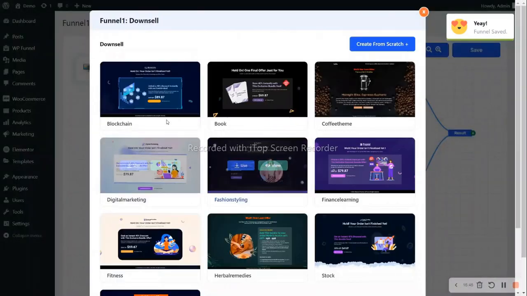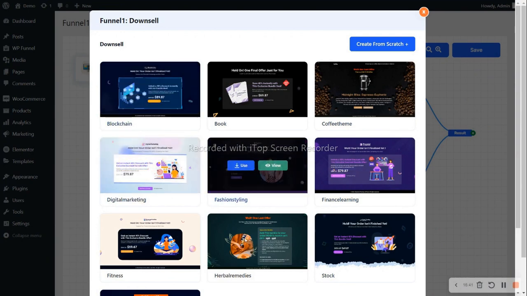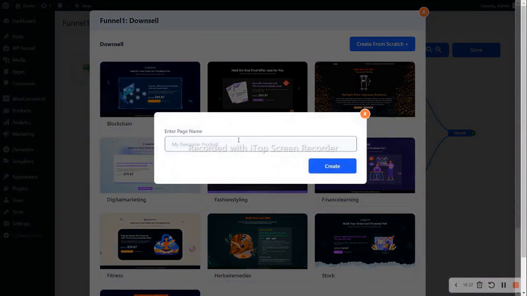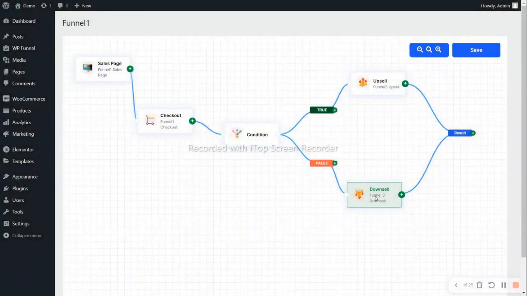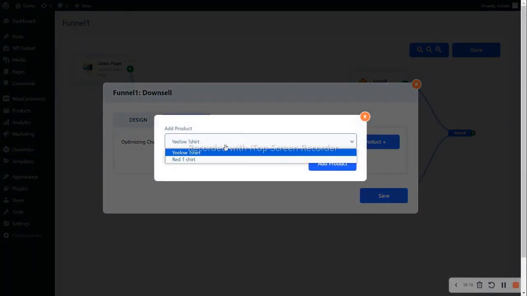Similarly, you can set the downsell page. You can use any pre-built design, and you can create from scratch. And after adding it, you can add the product in the downsell too.